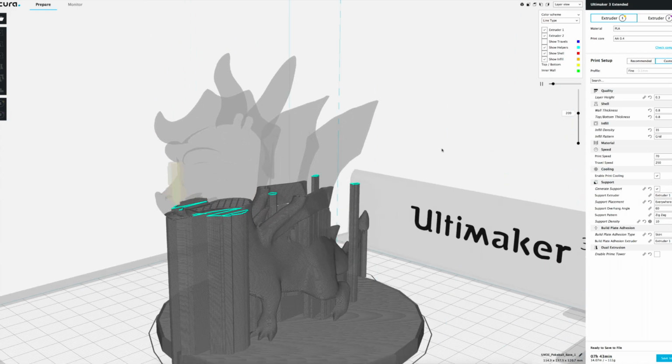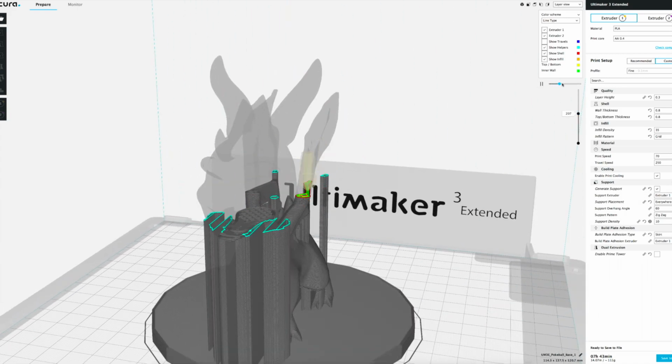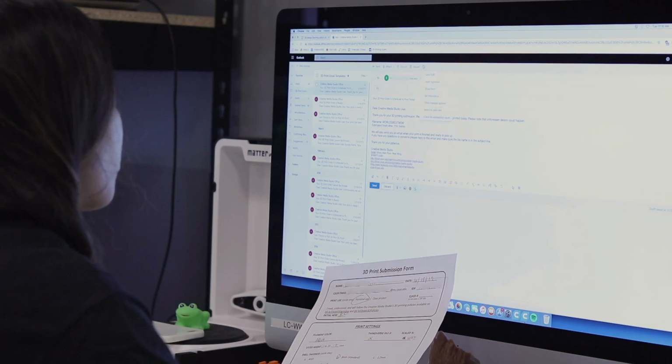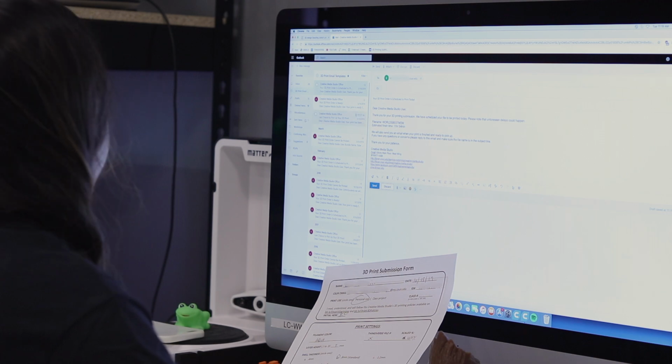When your submission is next in the queue, a student assistant will review your file once more to ensure successful printing. They will save your model as a G-code file, which is a set of coded instructions that the printer reads. We will notify you via email when the submission starts printing. Feel free to come into the CMS and see your print progress. A final email will be sent once the print is finished, and you may come and pick it up.